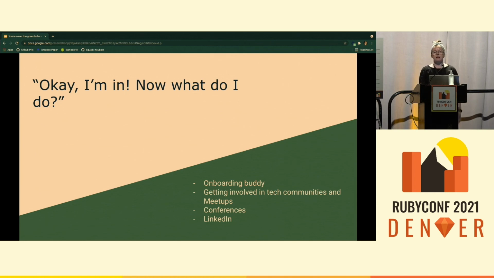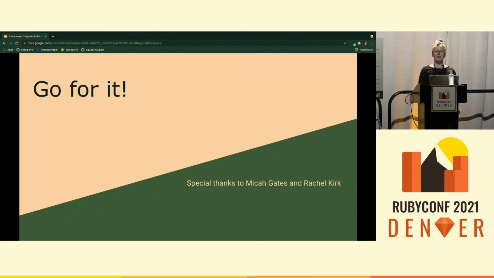And then LinkedIn. Some mentors that I have worked with have posted on their LinkedIns that they're open to taking on mentees. Some of them commit to doing 3 or 4 a year. And they have varying levels of commitment, whether that's meeting once a week, meeting twice a month. It can vary based on what works for you and what works for your mentee. So go for it. Just do it. What do you have to lose?